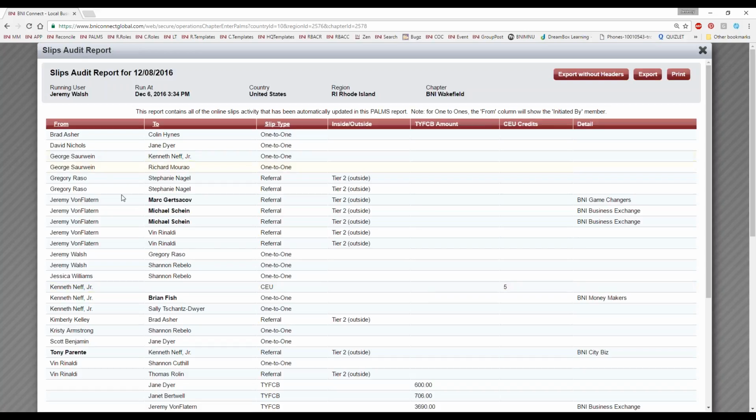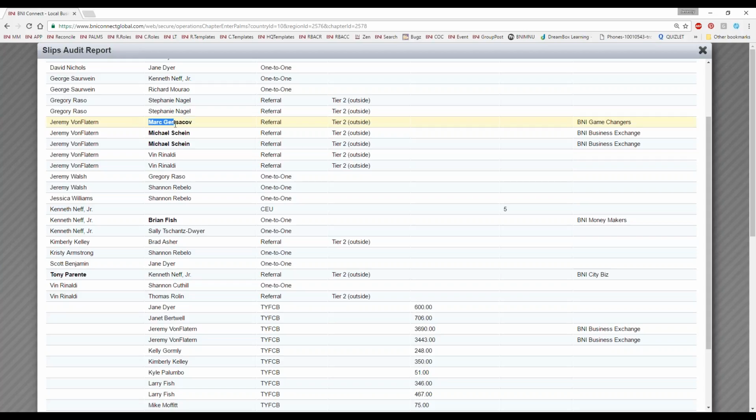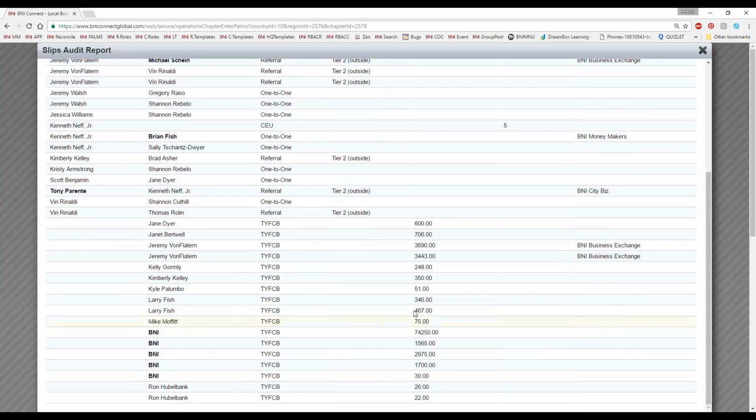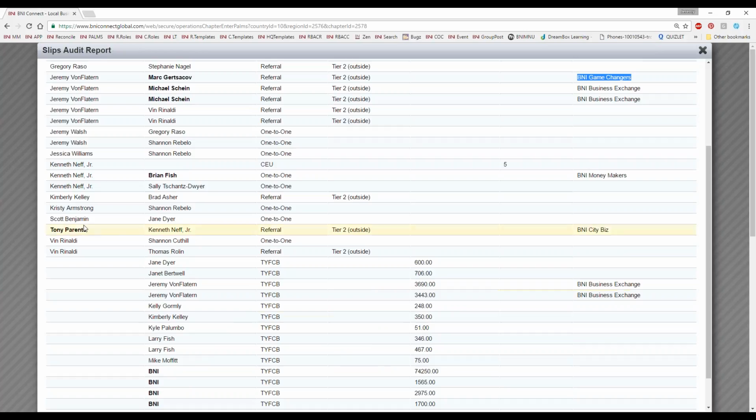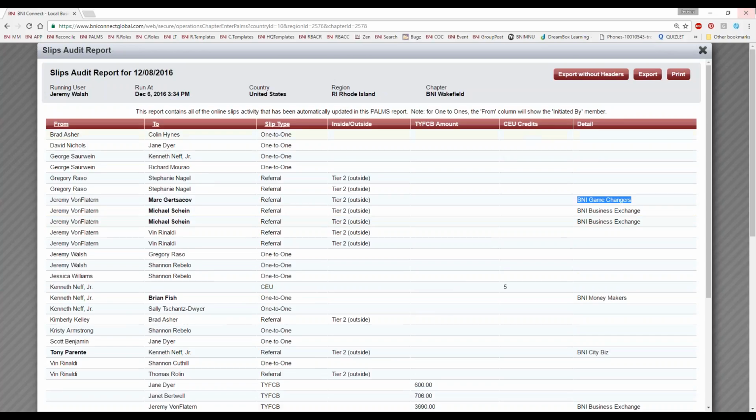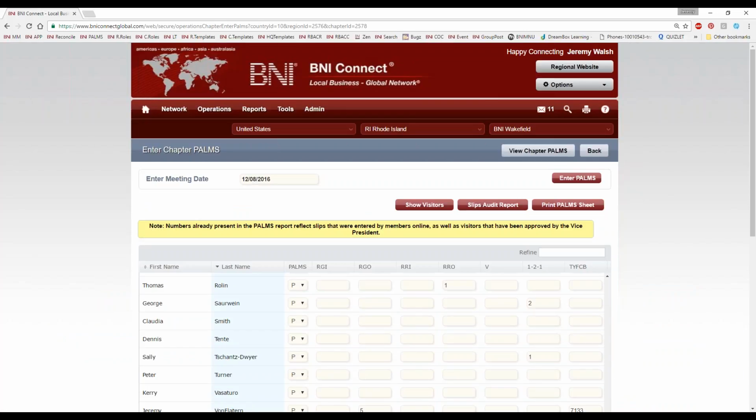So here we go. You can see that Brad Asher had a one-to-one with Colin. Dave had a one-to-one with Jane. Jeremy had an outside referral for Mark. You can see this one's actually bolded because that one is in another chapter, so it even allows for those cross-chapter. You can see the thank you for closed business as well down here. All right, so that's how you can monitor that if you're using a combination of both online slips